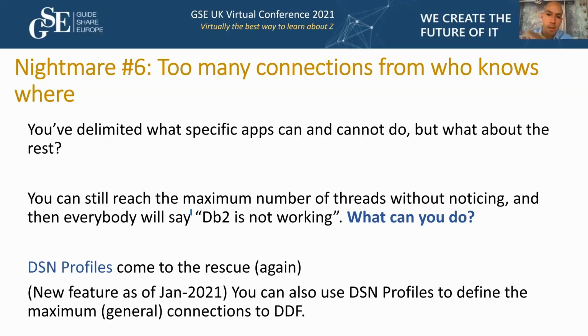Okay, so I have 500 applications connected at the same time. They are almost hitting the limit of the ZPARM CONDBAT, the maximum number of connections coming to DDF. And I don't know what is connecting. I don't know who it is. I don't know where they're coming from. I don't know why their connection pools have too many connections. What can I do? How can I limit that? How can I find out if it is going to happen? And if it happens, how can I stop them? How can I enqueue those connections?